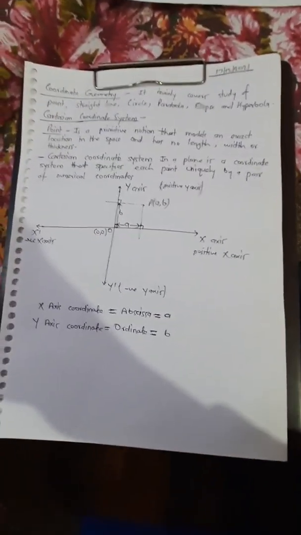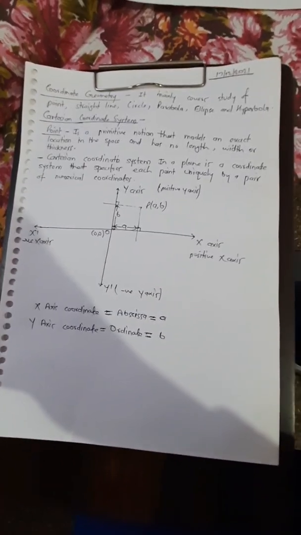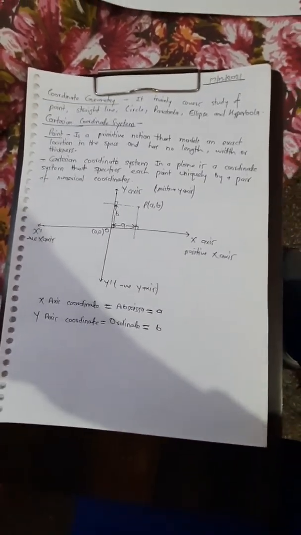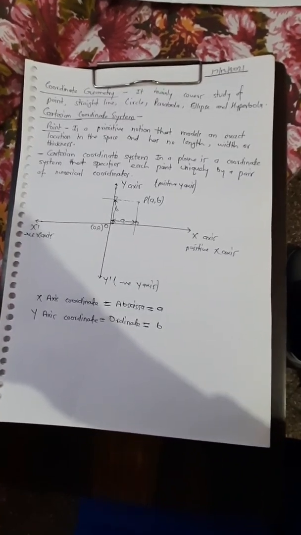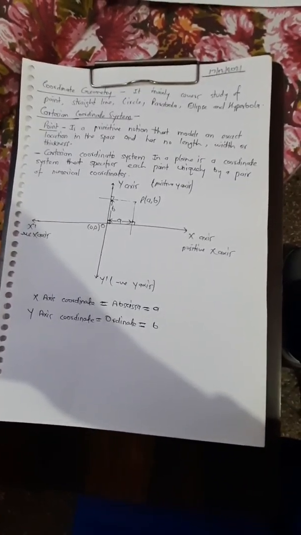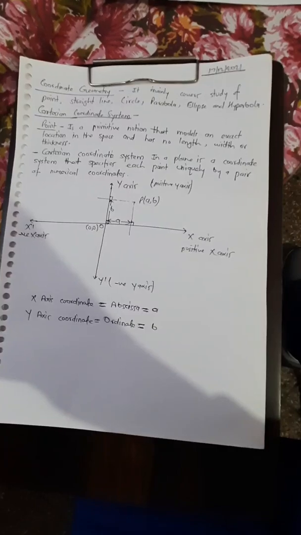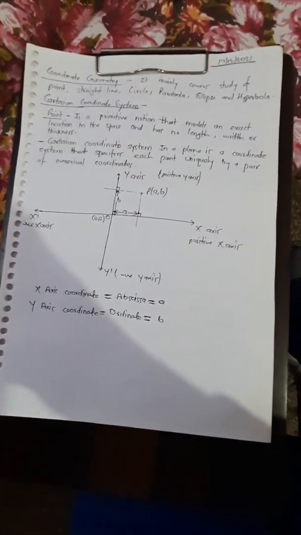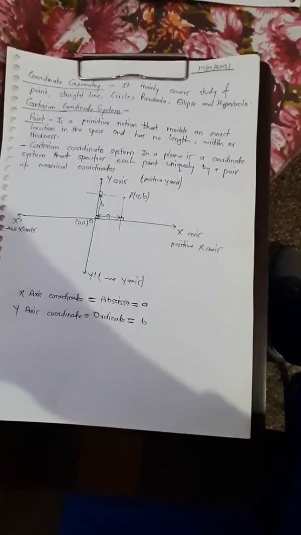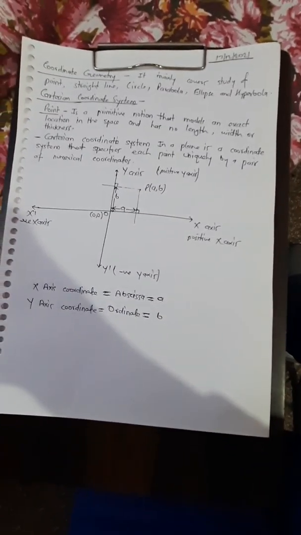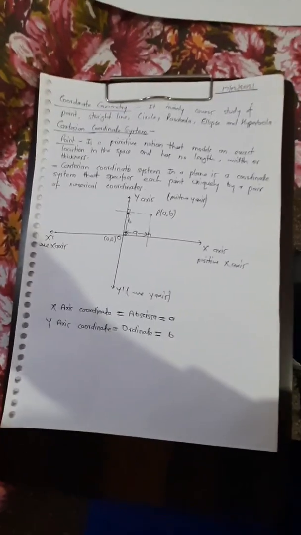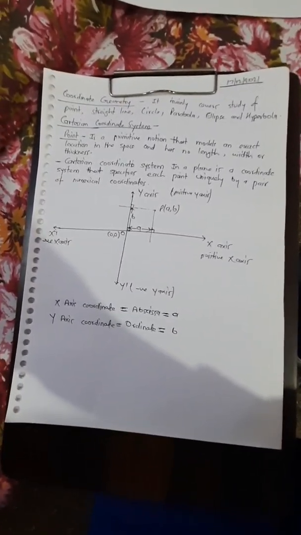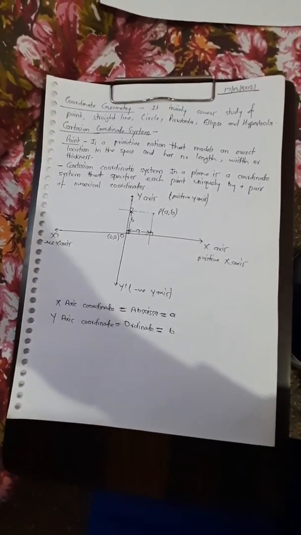In this lecture, we are going to learn about coordinate geometry. As you all know, at school level, there are mainly 5 to 6 portions of mathematics such as trigonometry, algebra, calculus, coordinate geometry, vector, complex number, statistics, and some other things. So these 4 or 5 topics are the main important topics till your high school and intermediate level. Coming to coordinate geometry, it mainly covers the study of point, straight line, circle, parabola, ellipse, and hyperbola.